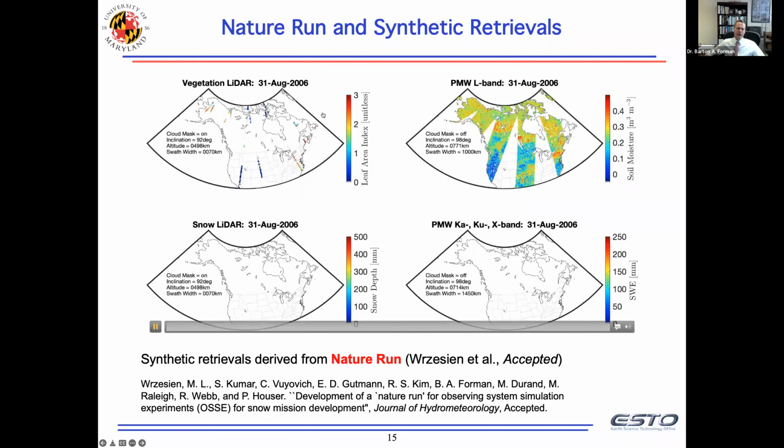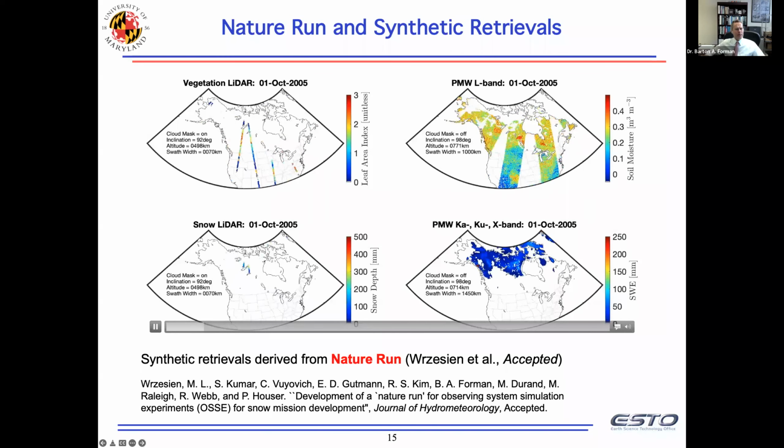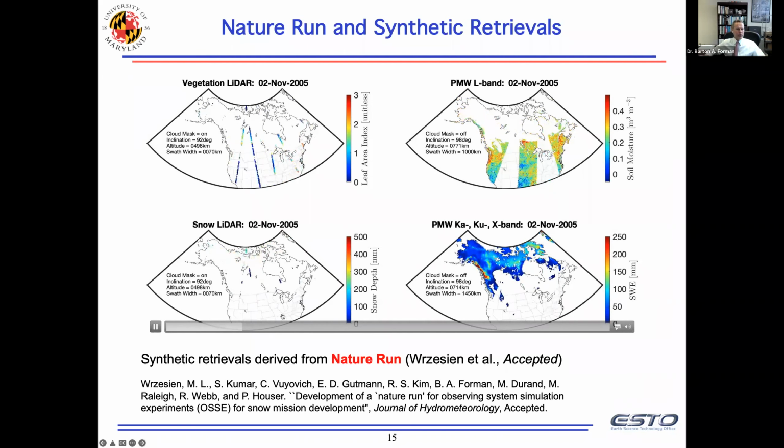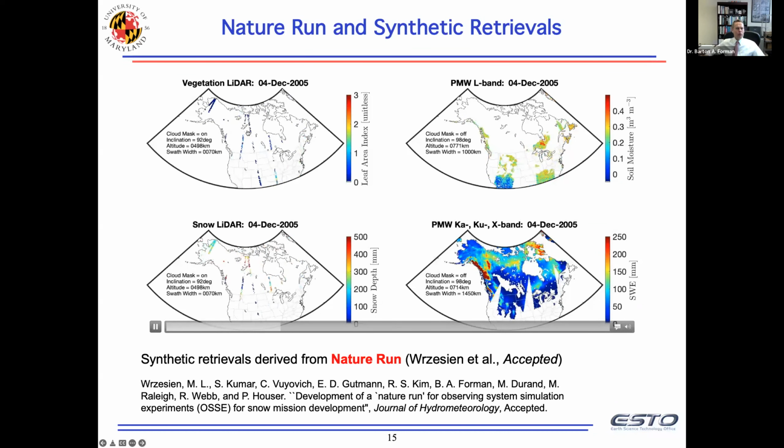I apologize, the video has locked up on my end. Here we go. So you can see the observations are not everywhere at all times, but we do have some observations. Snow in the lower left, we see even less observations. That's because there's no snow in the lower United States, only in Canada, but it serves as a real world proxy for